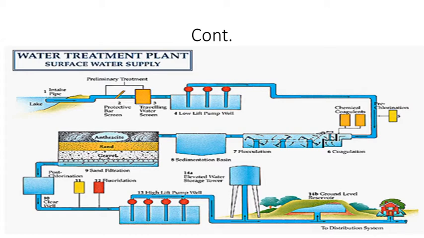After that, the last and final treatment method for the water is disinfection. After the sand filtration, the next is post chlorination. So we have discussed all of these units. The first one is the lake, then the intake pipe, then the protective bar screen, then we come to the pre-chlorination, where sometimes chlorine is added before the treatment. After that, the chemical coagulation, where we add alum and lime. After that, mixing of the chemicals, then flocculation. Next is the sedimentation basin, where the floc settles down. Next is sand filtration and the activated carbon filter. And finally, the last one is post chlorination.